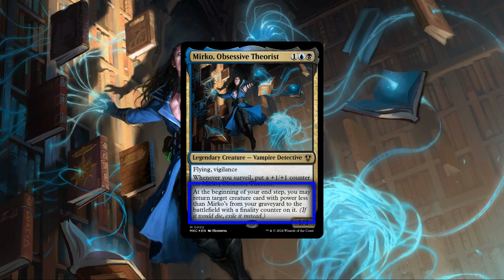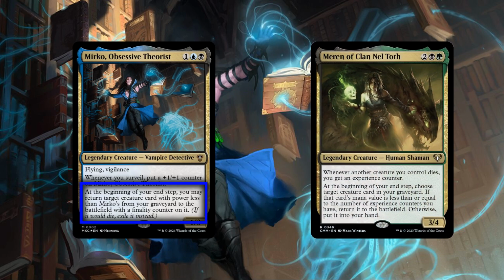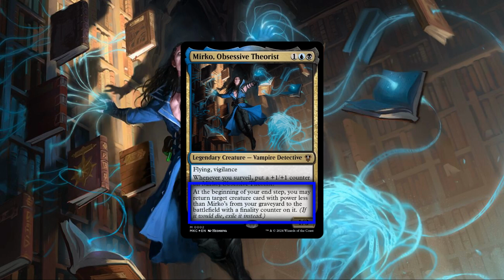This then leads nicely into his second ability, which takes advantage of all the graveyard setup we'll be doing by effectively turning Mirko into the Dimir version of Mirren of Clan Niltoth, reanimating our creatures each turn at no mana cost. However, unlike Mirren, Mirko comes with the caveat that those creatures come back into play with finality counters on them, making them harder to repeatedly reanimate due to being exiled upon their death,